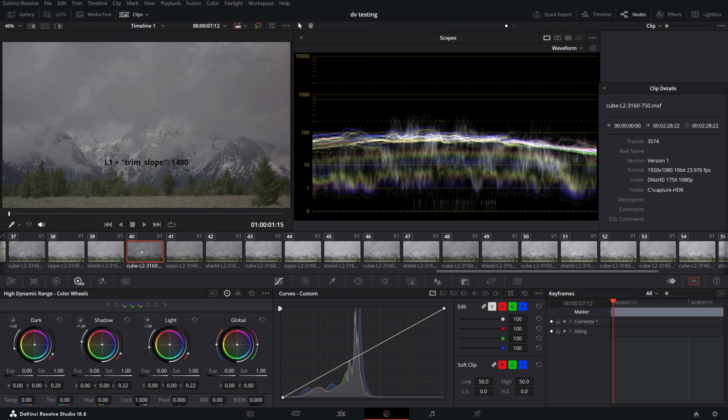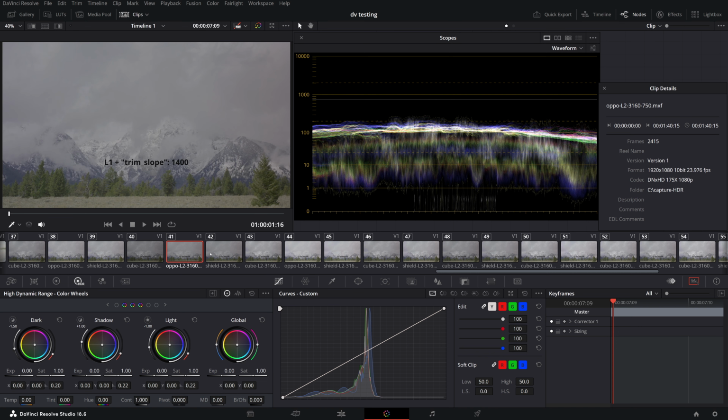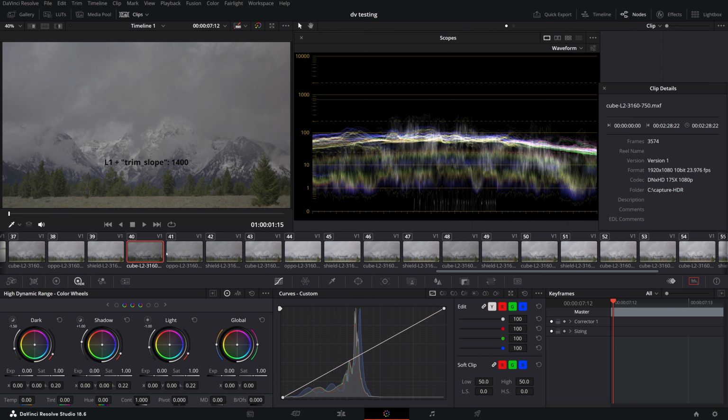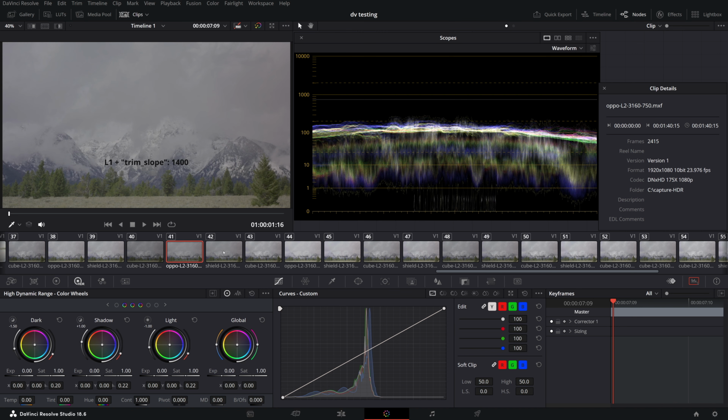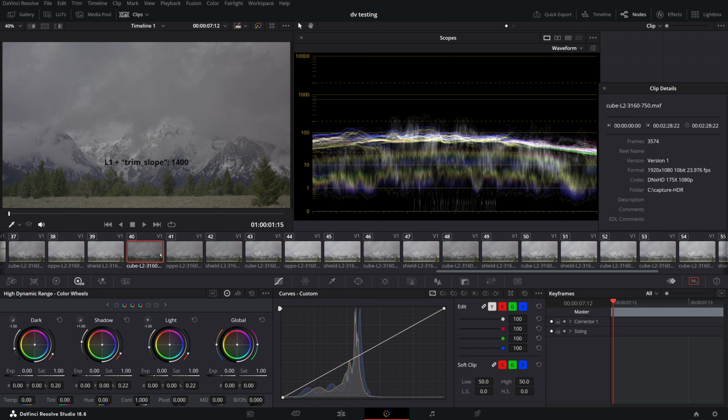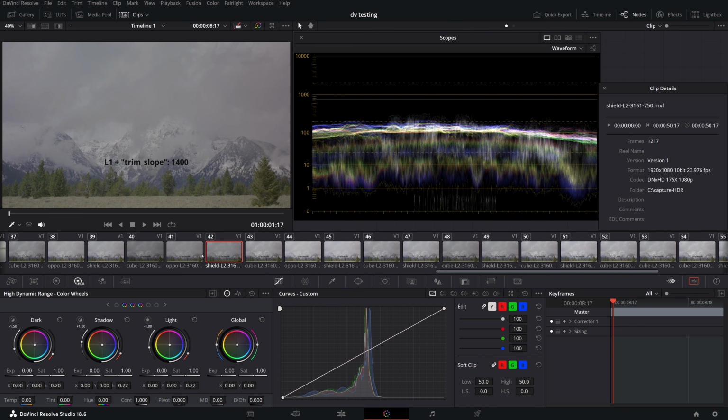Next we add Trim Slope 1400, which reduces brightness. All three players reduced brightness. The Cube again shows almost half the brightness than the others. As you can understand, the Oppo and Shield TV in this case will give a brighter picture on average brightness, but the brightness of the snowy peaks will be less pronounced. The Cube player on the contrary reduced overall brightness, but the snowy mountain tops will be brighter relative to the